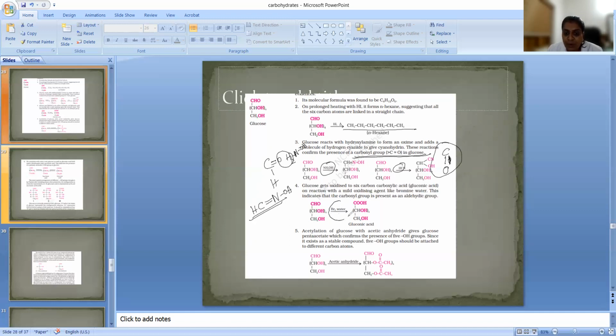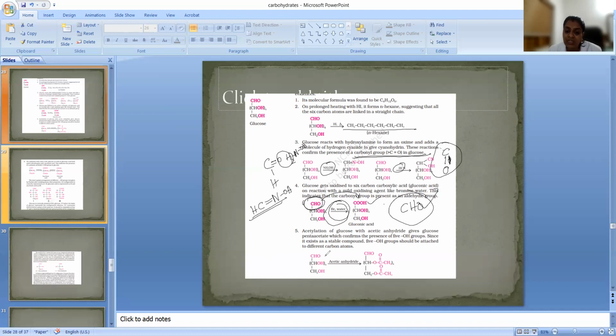So if you are treating it with bromine, a mild oxidizing agent, aldehyde will undergo oxidation even with a mild oxidizing agent. Ketone will not undergo it. So from that, we understood that it is undergoing oxidation by a mild oxidizing agent and converting into the corresponding carboxylic group. So the C double bond O present is actually an aldehyde group. From the oxidation using a mild oxidizing agent, we understood that the C double bond O present is actually aldehyde.